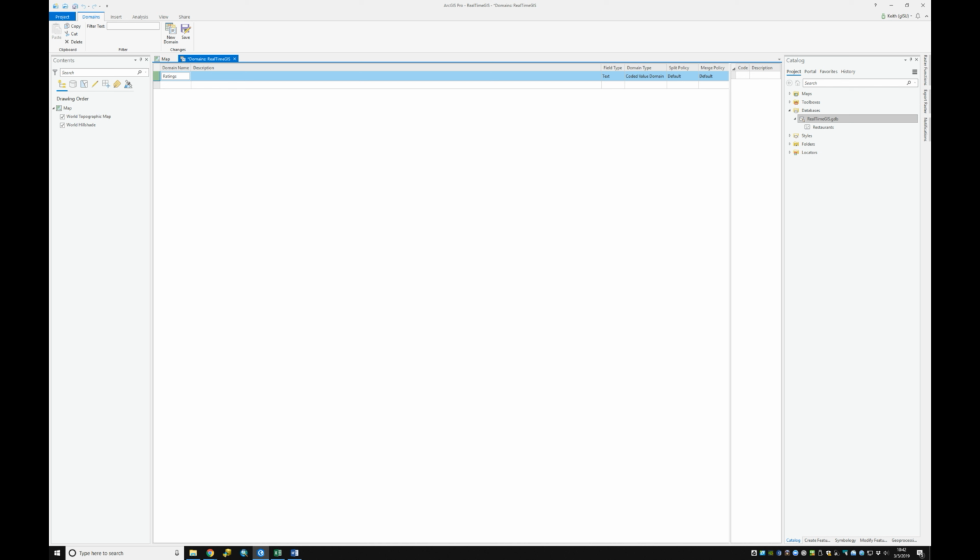We can use this same ratings domain for the cost rating as well as for my rating, maybe how good the food tastes or something like that. To move between these different parts of this domain builder tool, I like to use the tab key on my keyboard. The description here is, let's just say, generic ratings